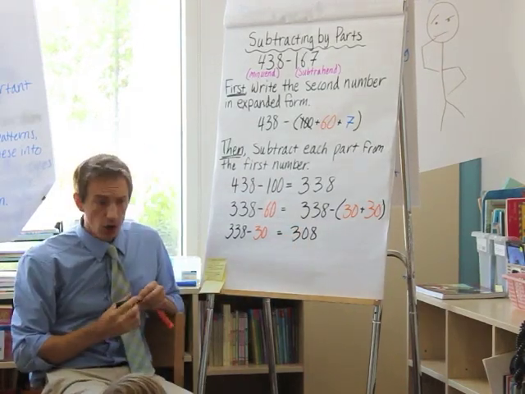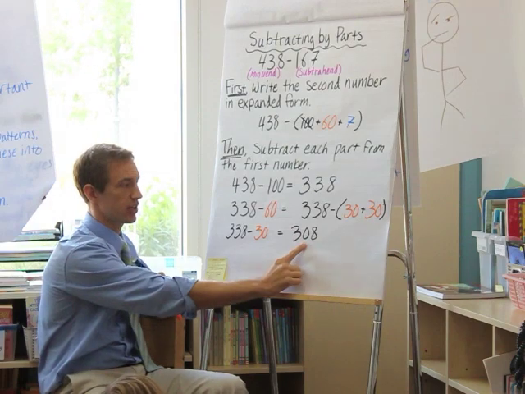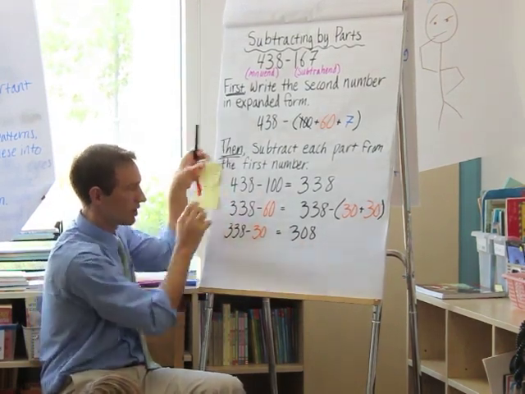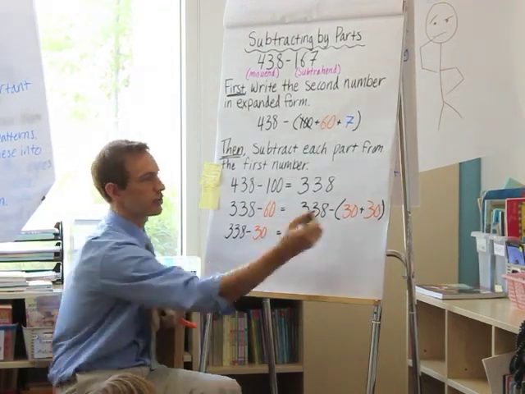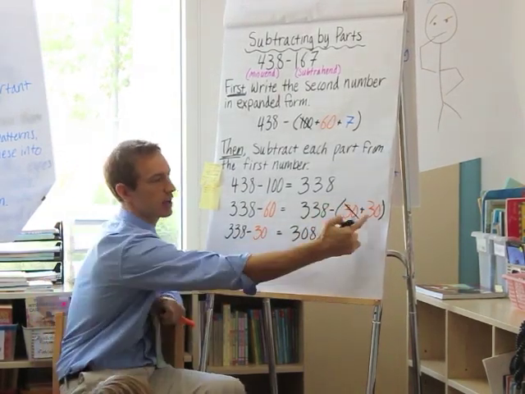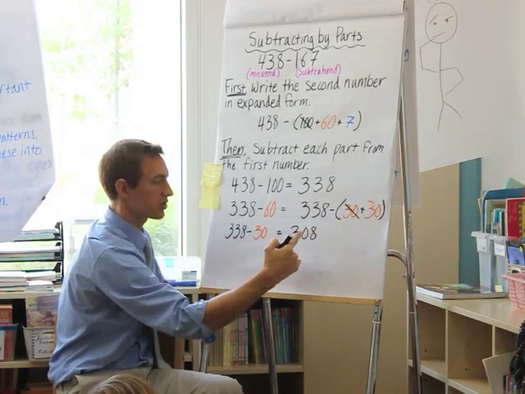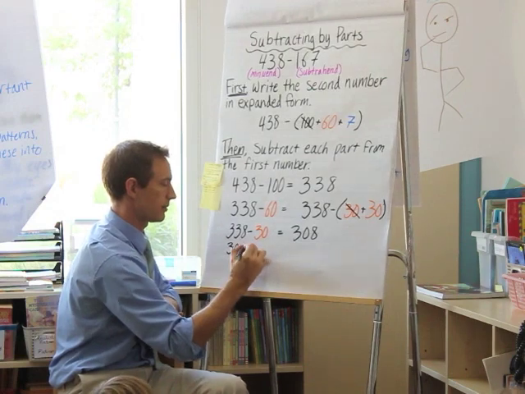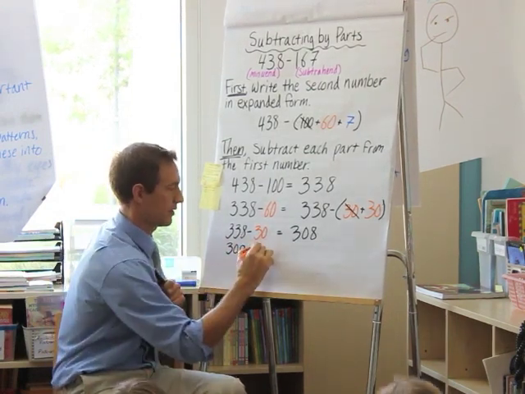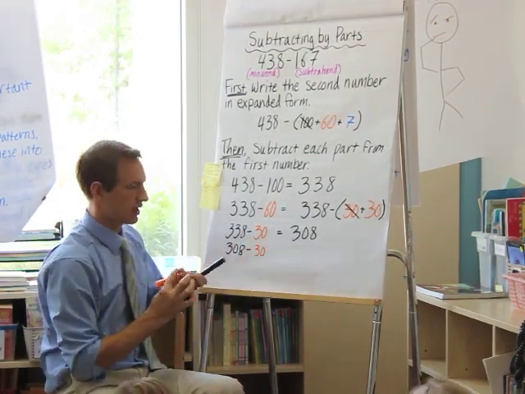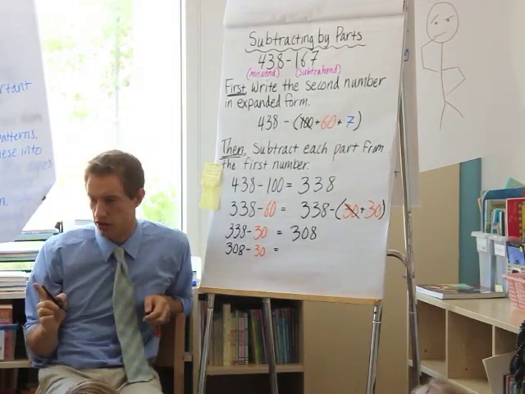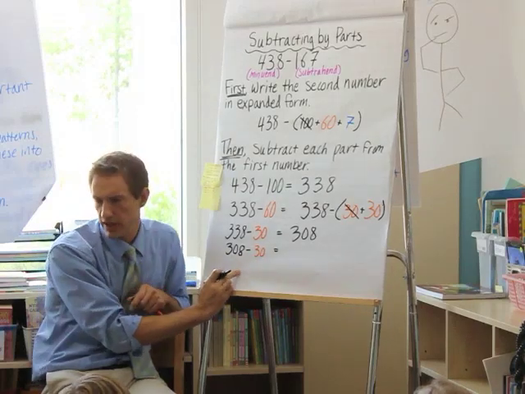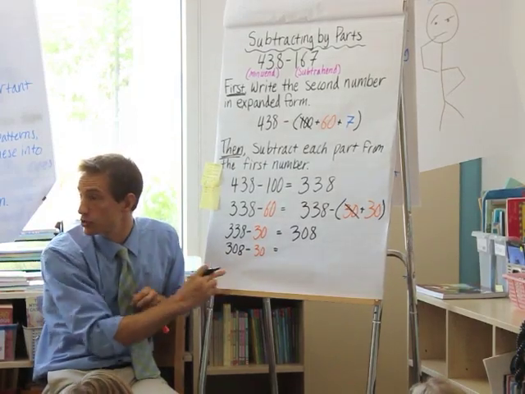308. Okay. Now I have 308. I have to take away another 30, because I used this 30 right here, but I still have one more 30. So I'm going to do 308 minus 30. Now I find it a little easier to think about taking away 30 from 308 because I have to